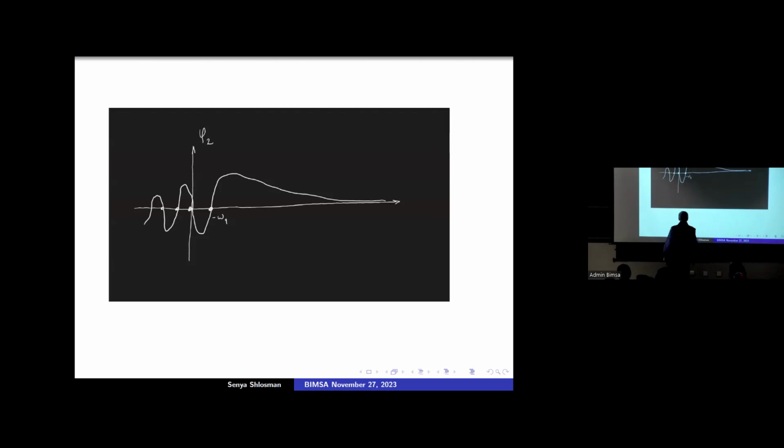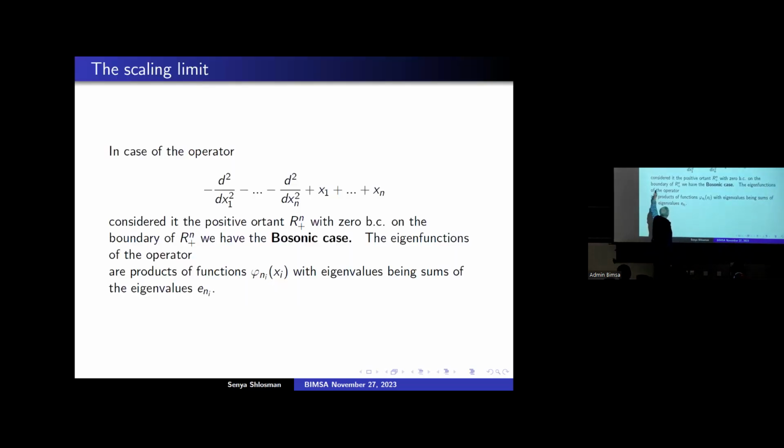And those are entering into the question of what are the eigenfunctions for this multidimensional sum. There are two cases when you can write down easily what those eigenfunctions are. The first one is you just take the positive orthant, a product of positive semilines, and that's very simple. You just multiply eigenfunctions of a single operator, and that is an eigenfunction of your operator, and the eigenvalue is the sum of those eigenvalues. In particular, the main eigenfunction would be just the product of Airy functions.